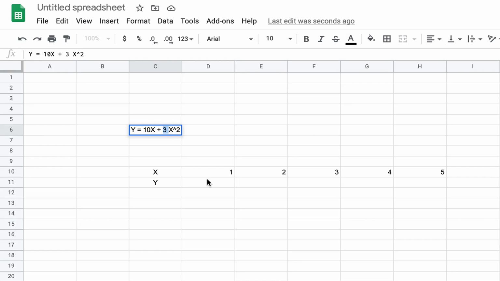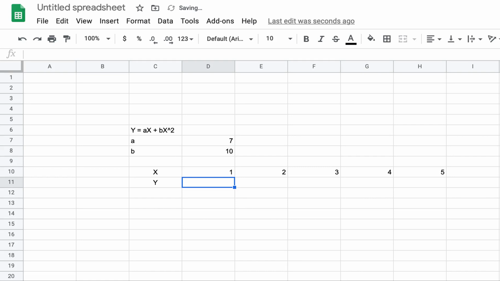And I will make my Excel smart that tomorrow if I have to use the same cell for say 9x plus 7x square, I shouldn't have to make changes in multiple places, right? So I will say, let's call it y is equal to ax plus bx square. I want to make something like this. X values are here. This is the independent variable. Y, which is the dependent variable, I will put a here and I will put b here. This time I am saying the coefficient a is 7 and the coefficient b is 10.